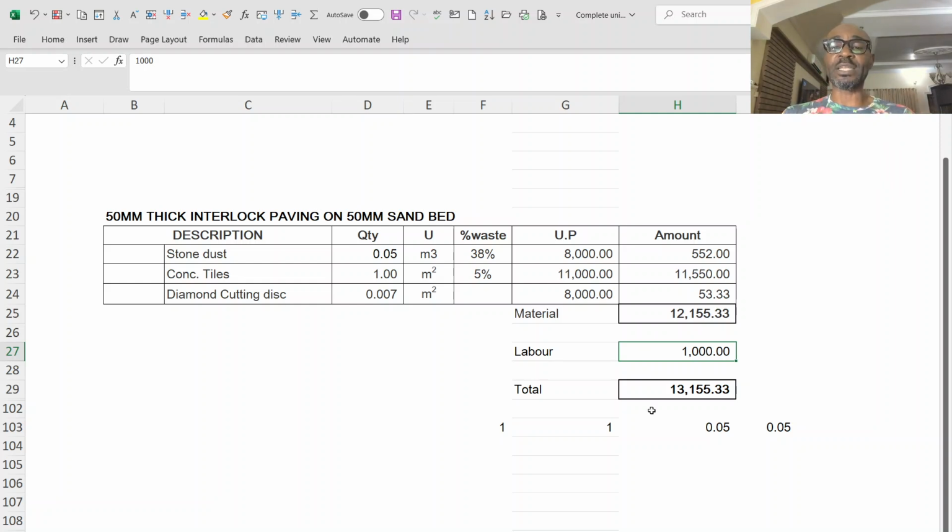So I'm taking 1,000 plus 12,155 naira 33 kobo, which will give me